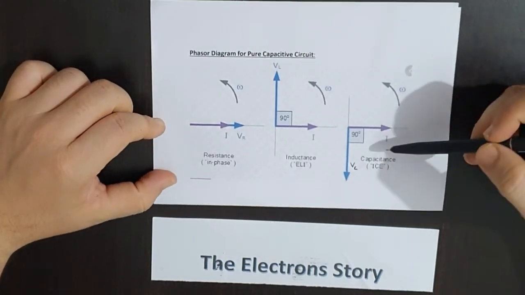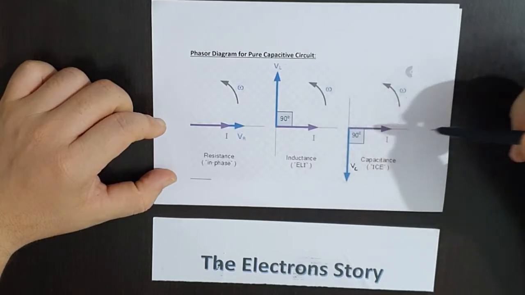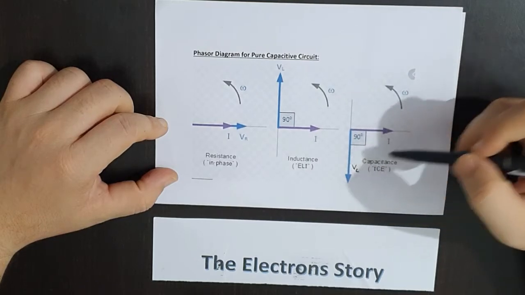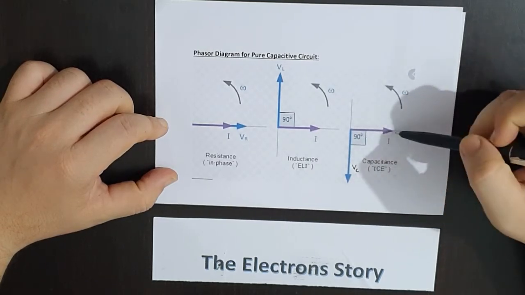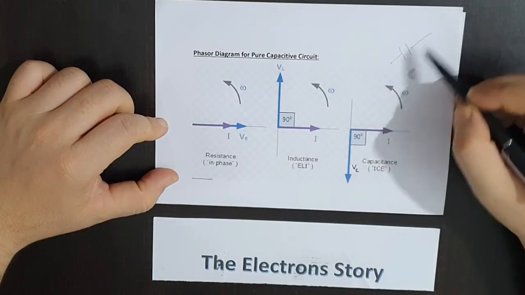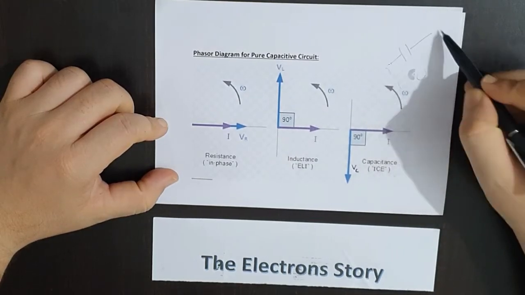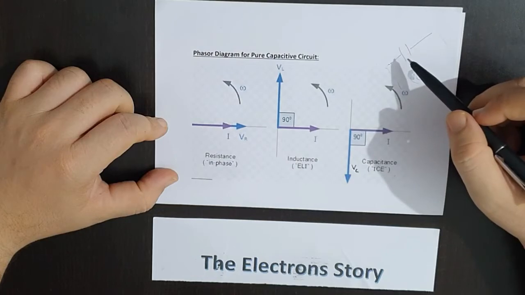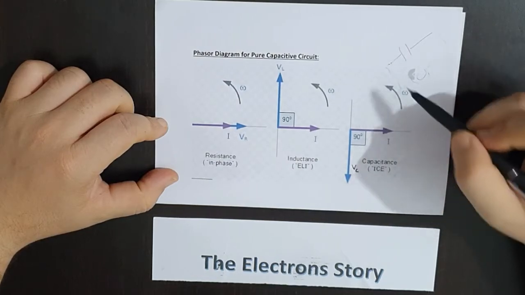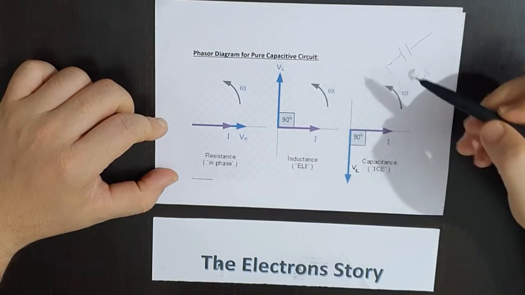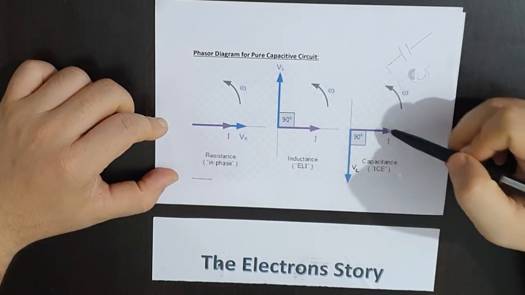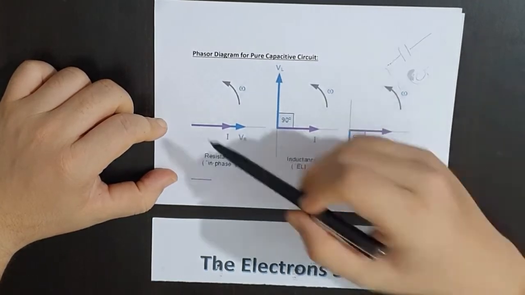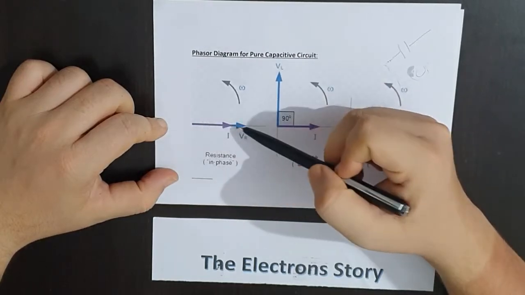Let's try to understand the capacitive, inductive and resistive circuits. In a capacitive circuit, the current is leading the voltage by 90 degree. Why? Suppose you have a capacitor here. Whenever a capacitor is connected to a voltage source, when the capacitor starts charging, initially the current is high for the charging part. So the current is always leading and the voltage comes afterwards. If you calculate it mathematically, you get that the current is always leading the voltage by an angle of 90 degree. Whereas in the case of a resistor, the current and voltage are in phase.